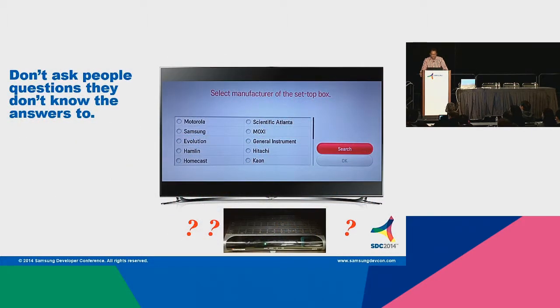So this is also a really good example about trying to get users to answer questions that the system should answer for them. So this is an actual visit that we did where the setup system required that the user tell the system who manufactured the cable set-top box. And I don't know if you can see that down there, but the label on the box is actually for the cable company that the viewer subscribed to, which is Comcast, but it doesn't say anything about the manufacturer. So this is just a good example of some of the things that you don't want to leave up to the user, that we should try to figure that out for them as much as possible.